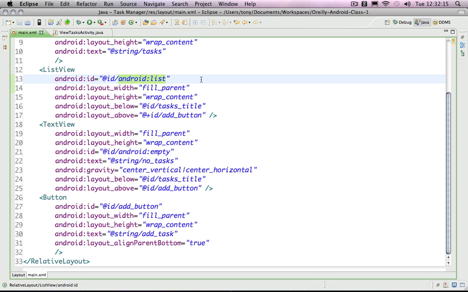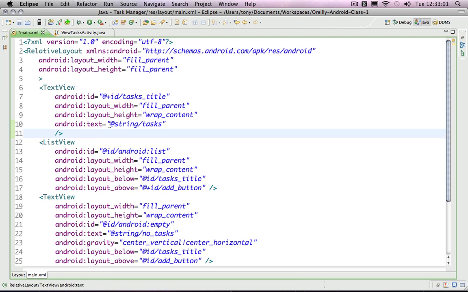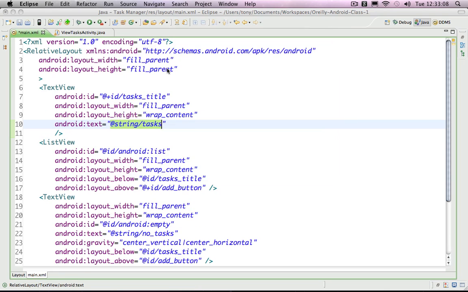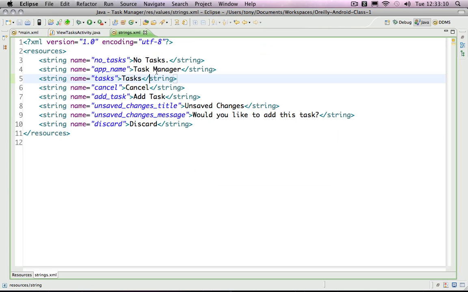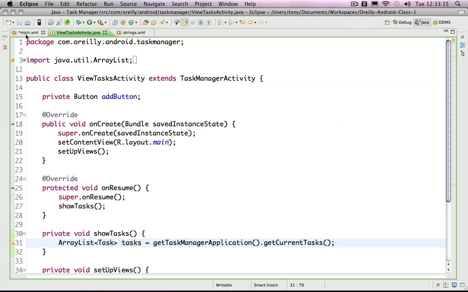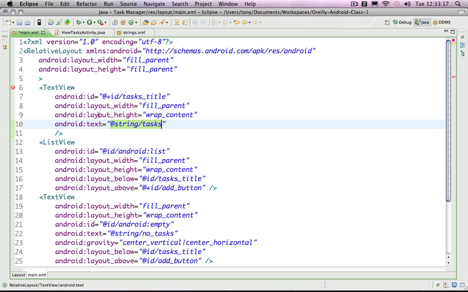Somebody wanted to see that trick again with automatically adding a string to the resource file. For adding strings, let's say we have this string ID tasks. I'm opening up the strings resource file. If I get rid of tasks, now there's no tasks in there. There should be an error on this screen back in the main XML. And if I type in tasks as a string that I want, select it, go to Refactor, Android, Extract Android String,